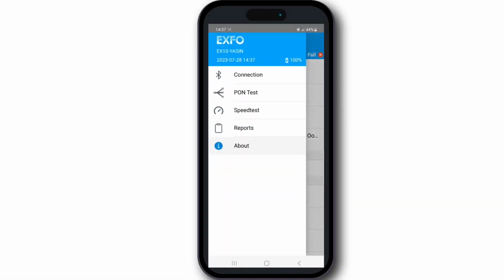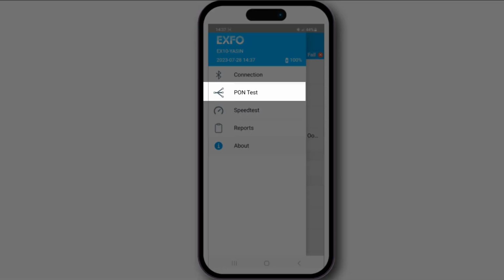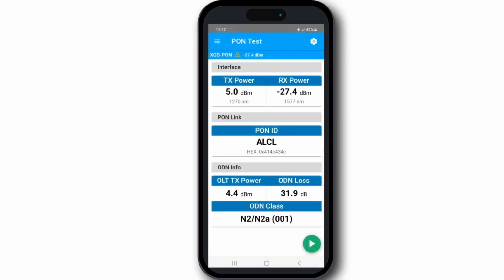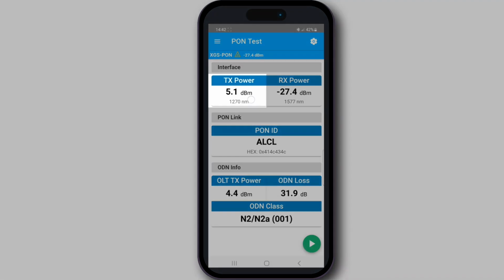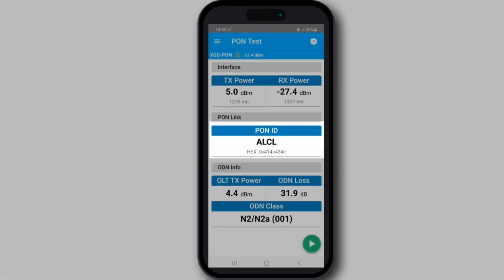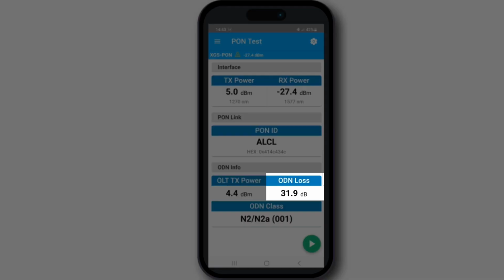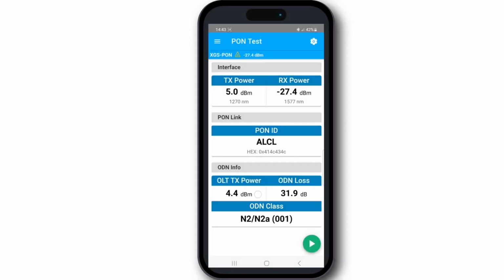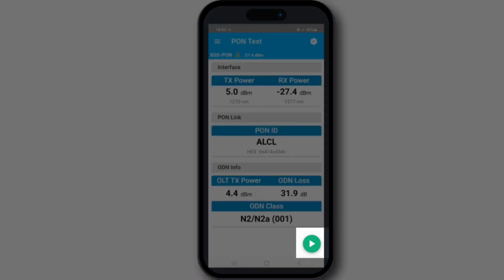The EX10 has now a new test application named the PON Test. It is designed for technicians who only need basic information on XGS PON links such as transmit power, receive power, PON ID, OLT transmit power, ODN Loss, and ODN Class. Once you have obtained all the relevant information on your screen, proceed by clicking the Start button, which will automatically